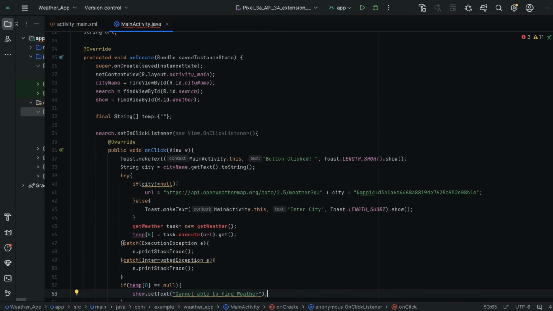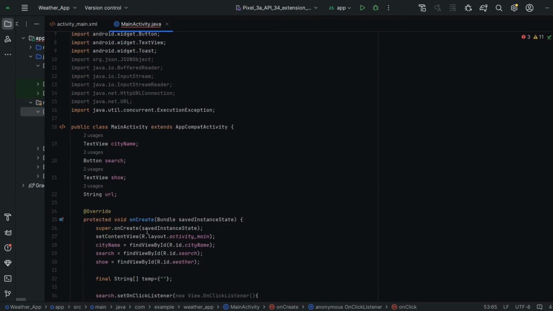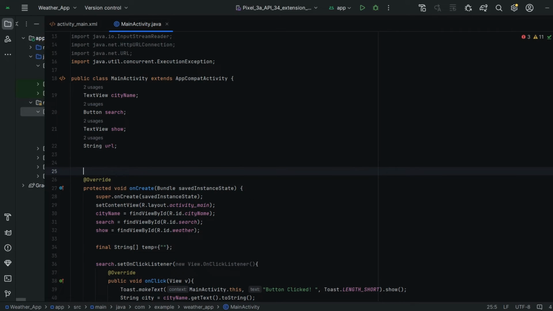Okay, next I'm going to the top here, guys. Here we have to create one more class, right? Get weather. Using this class only we are going to get the weather details. So let me create it.